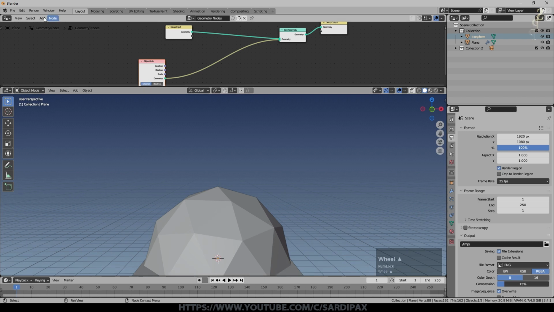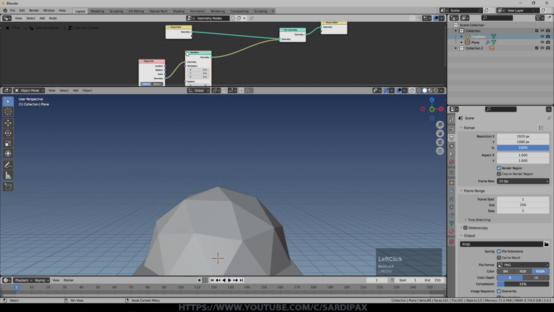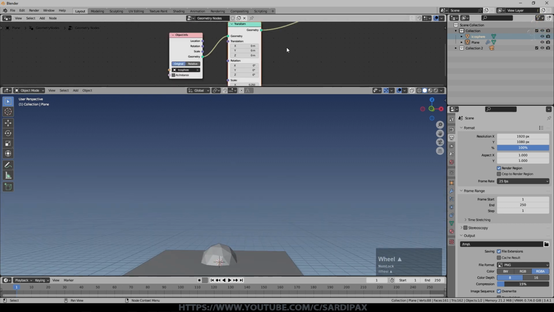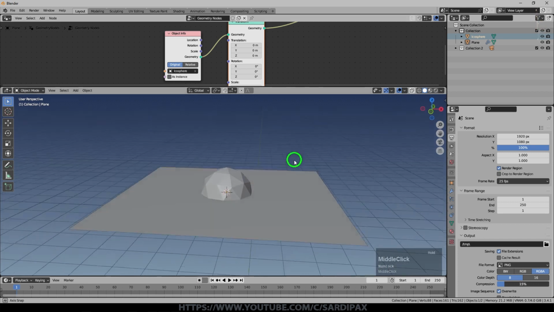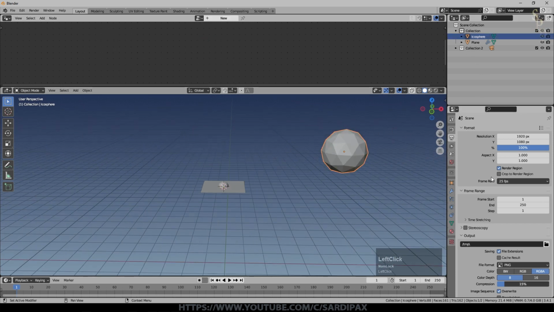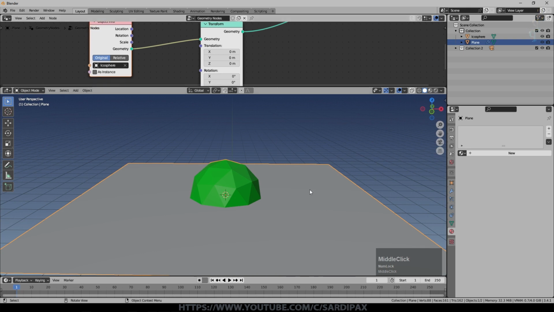I want it to be a little bit smaller. So I'm going to add under geometry, a transform node and just drop that in there. And we'll set the scale to perhaps 0.25. So we've got a much smaller object now. And here comes the very simple way that you can animate using a geometry node. And obviously you can do much more complex things. I'm going to set my object to just have a color in the viewport so we can see it better against the ground. And now I want to translate it up. So that's got it out of the ground.